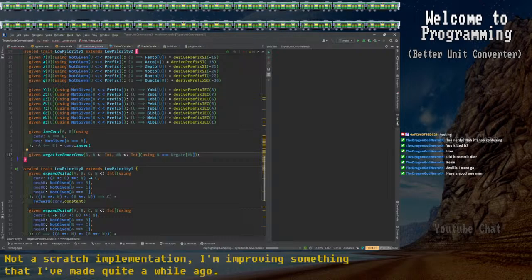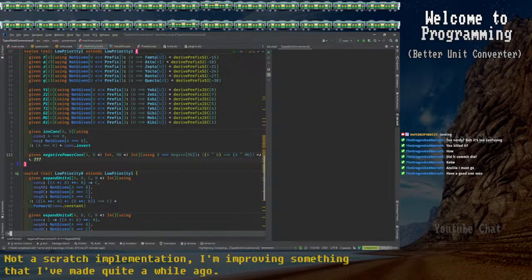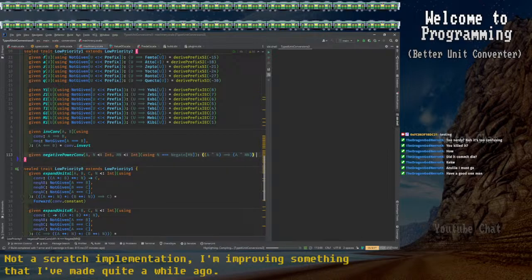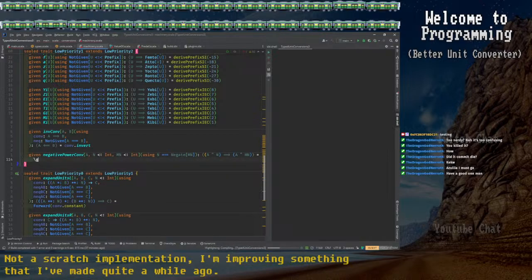This gives us A to the N, A to the Mn, which should equal to forward big decimal 1 divided by